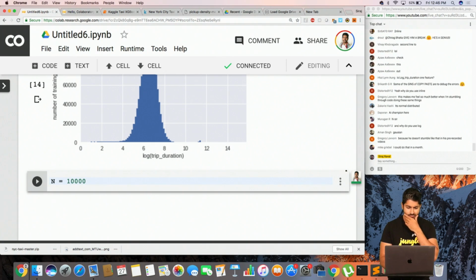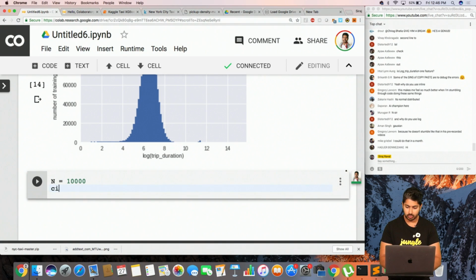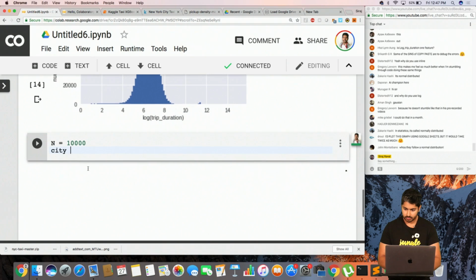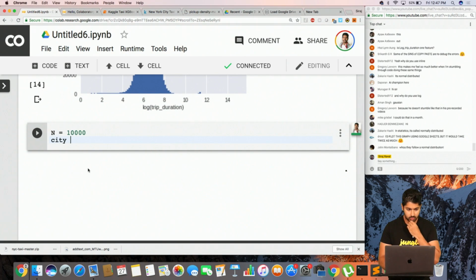So let's sample, let's say 10,000 data points. What I'm about to do is plot out the training and the testing data in terms of their latitudes and longitudes.